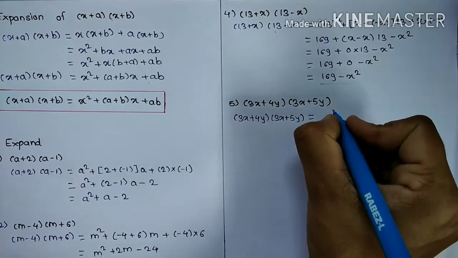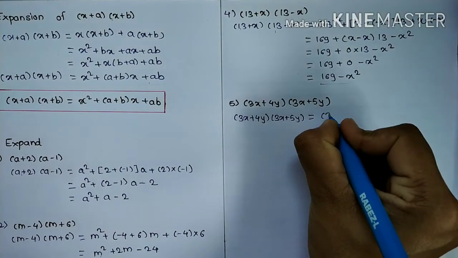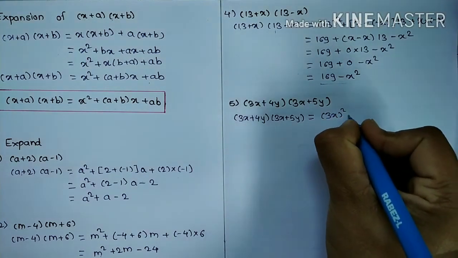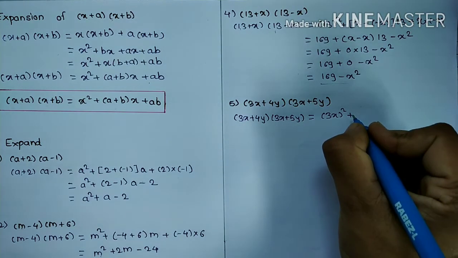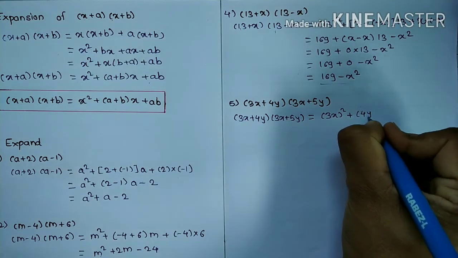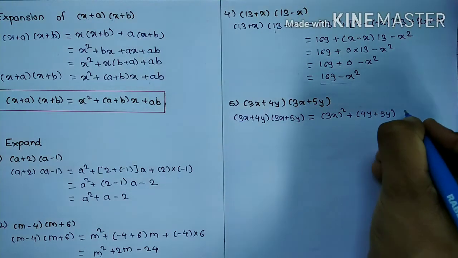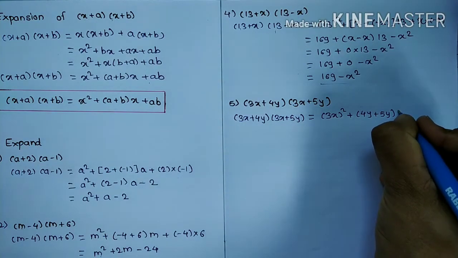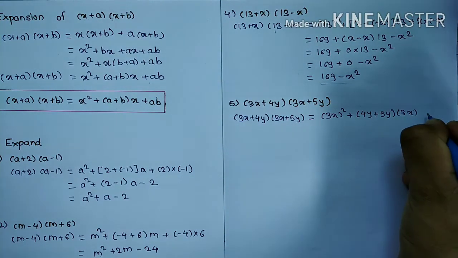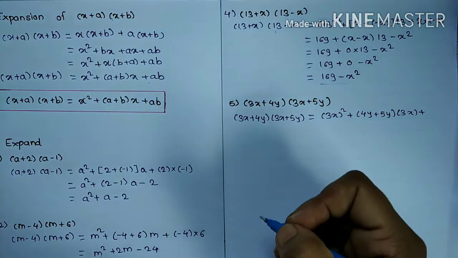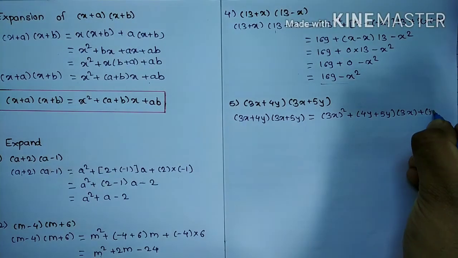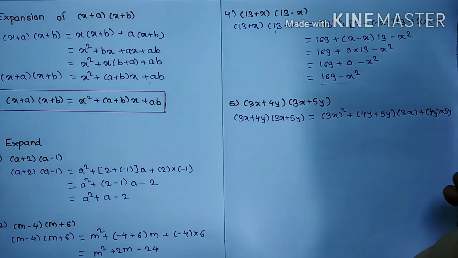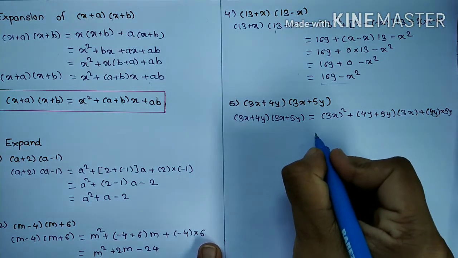So use this formula, x square, that is (3x) square plus (a plus b) into x, that means (4y plus 5y) into 3x plus a into b, that means 4y into 5y, okay, which is equal to